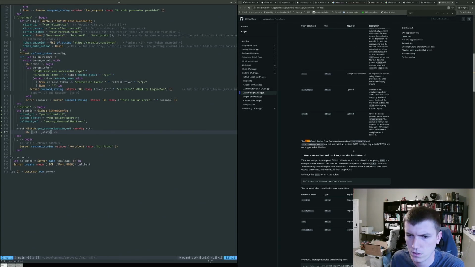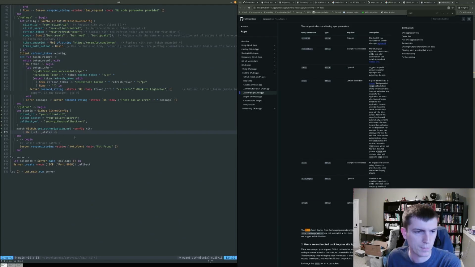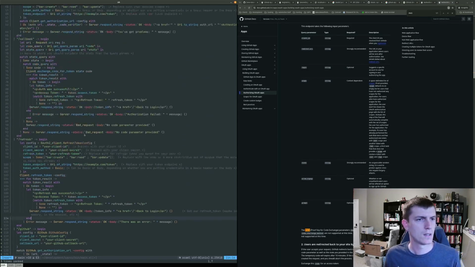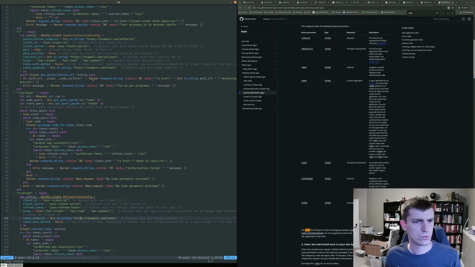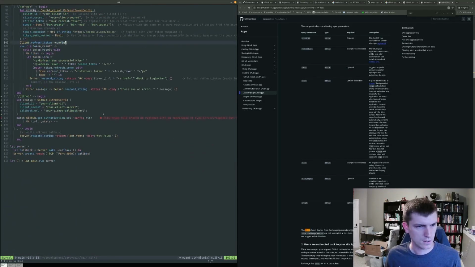Proof key exchange is not supported at this time. Okay. PKCE not supported, so there will not be a code verifier. We'll just grab this, because that's easy. Call this URL.